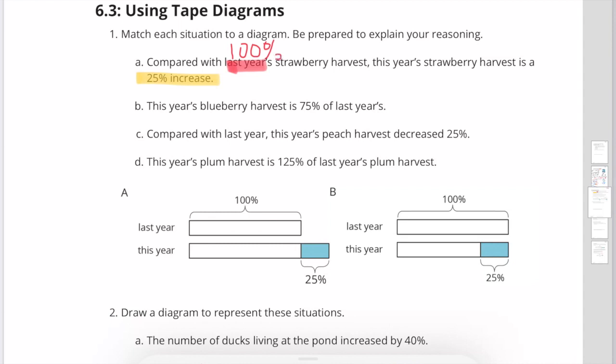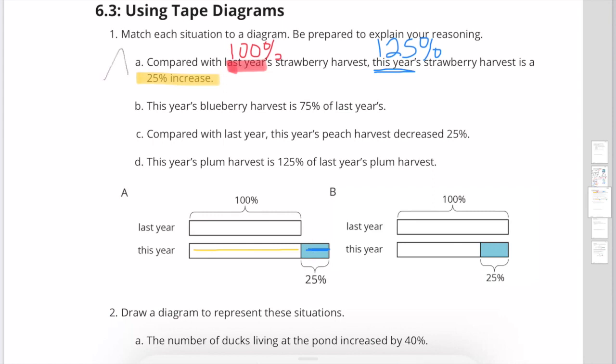And this year's 25% increase. So this year is actually what percentage? It would be a 125% total. So here's 100%, and then I have an extra 25%. So situation A